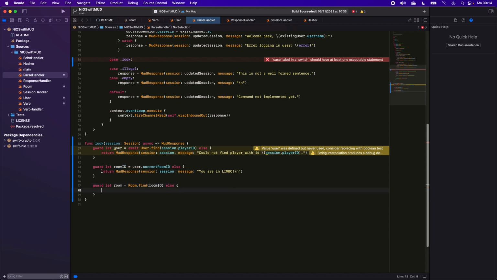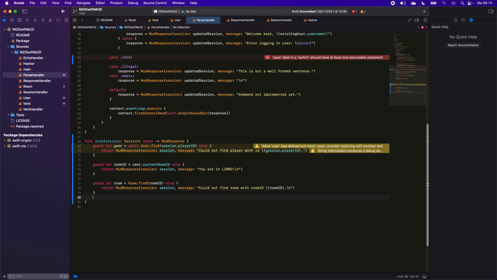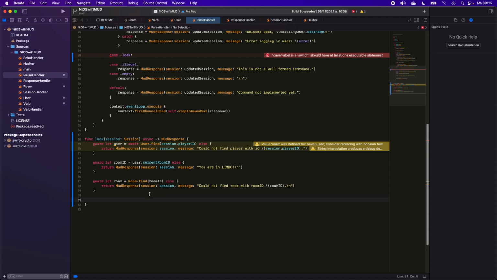And if that doesn't work, we'll say, and if this does work, then we can finally return a MUD response where we're saying room dot